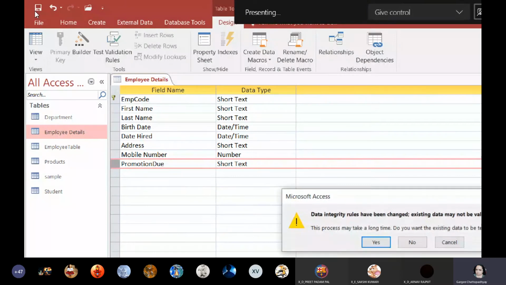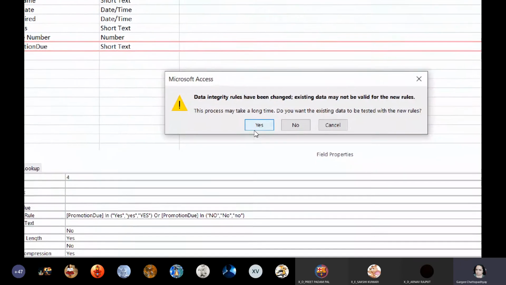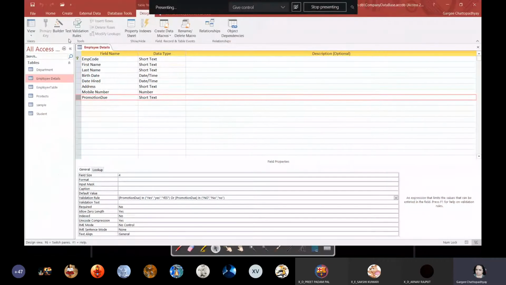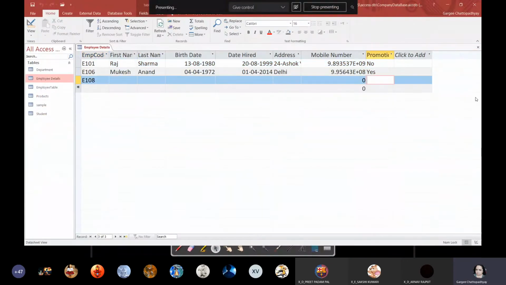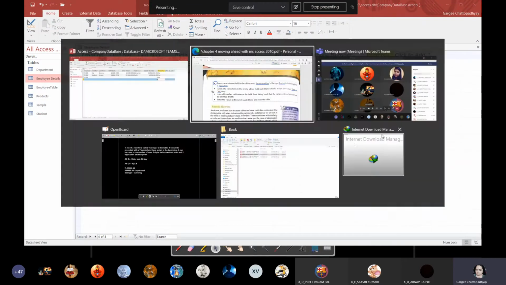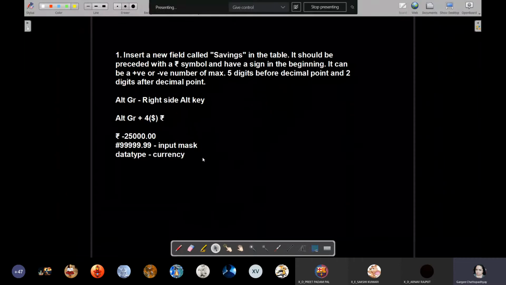So I did this, and let me see, the process may take a long time. Okay, fine, I don't have a problem with that. Let me come back to my datasheet view, and now let me add. Yes, it is accepting. So why is it accepting now? Because the query which I added was this: